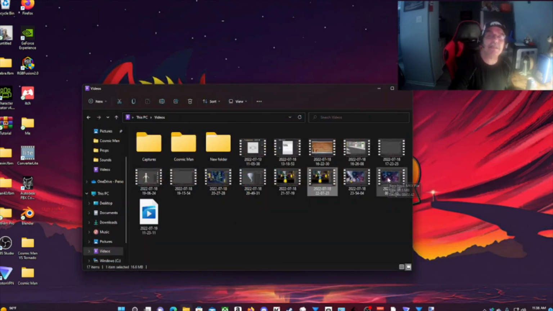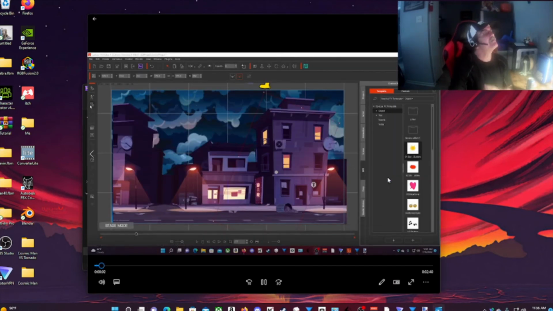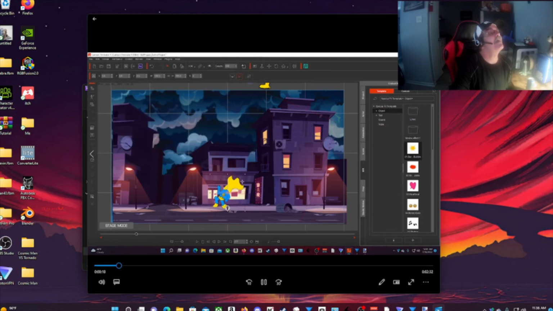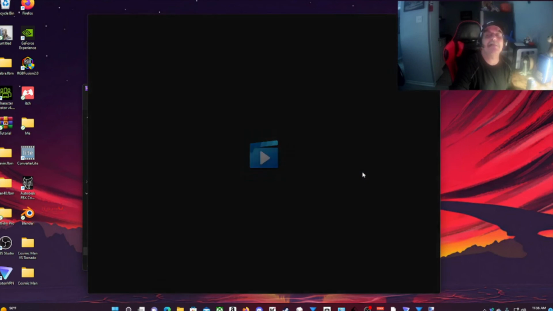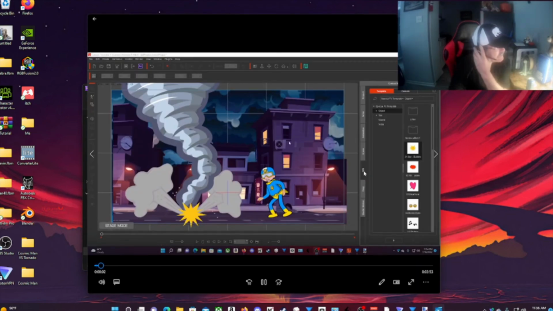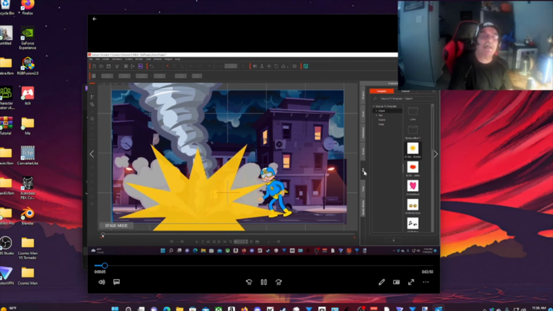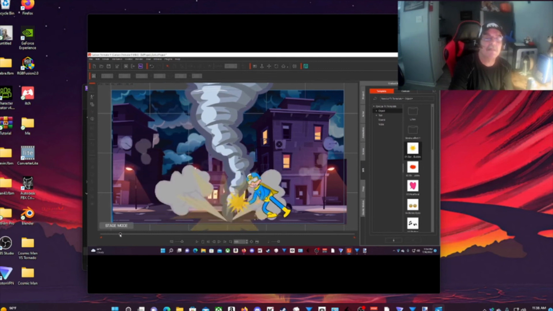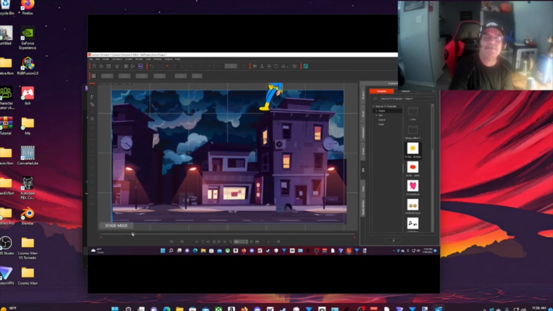Now on this last scene here, this is where Cosmic Man is grabbing the tornado, trying to stop it. But the tornado swoops him up. Whoops, I went ahead of myself. It's this one right here. That's the last part of that. As you can see, I got Cosmic Man ready to grab it, and I'm using the effects and everything for the simulation of the tornado tearing up things. He grabs the tornado, and the tornado swoops him up.